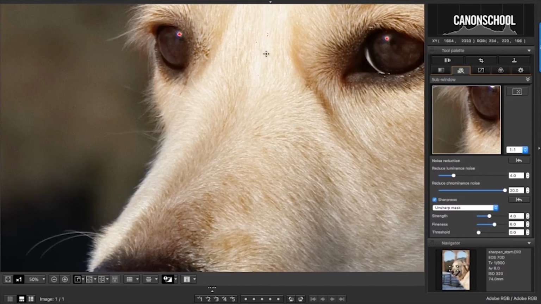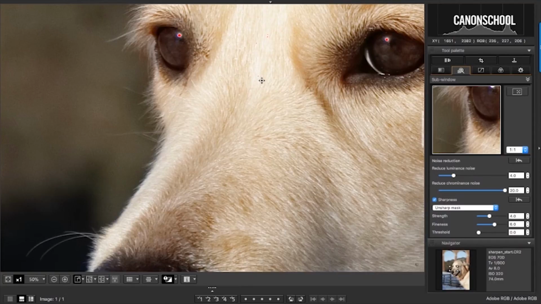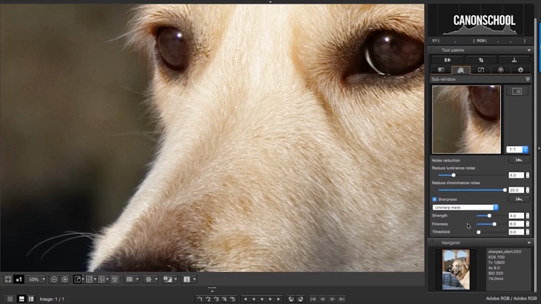If you haven't got the highlight clipping warning turned on, so you don't have these little red patches appearing, you can always turn it on by toggling this option, like so. And there's a little bit of clipping due to the sharpening, but that's not important because these areas here don't really have any important texture or detail. And these areas in the eyes are specular highlights, and they're pure white anyway to create a nice shiny eye for the dog. So don't worry about clip patches appearing if they're this small. I'm going to turn that off for the moment,